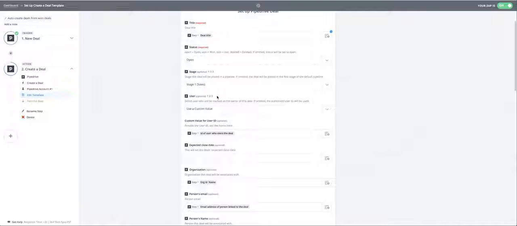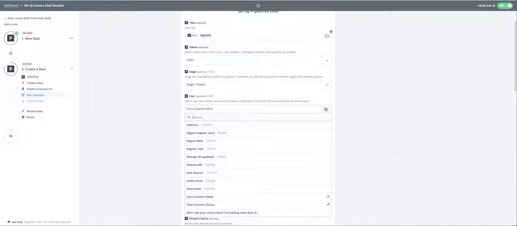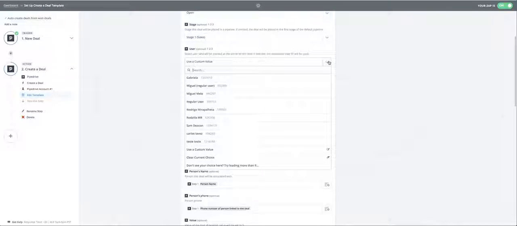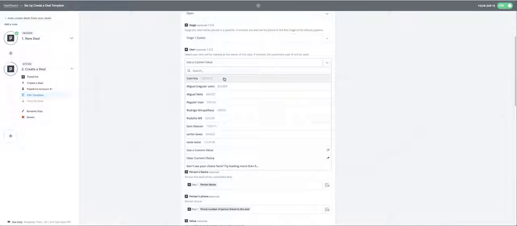If you have, let's say, a user that always does upselling, you can determine that that specific user will always have the new deals. The new deals will be assigned to him or to her. Or you can simply add the option that it will assign this deal to the person that used to own the previous deal. So in this case, if you want to assign to the same person that